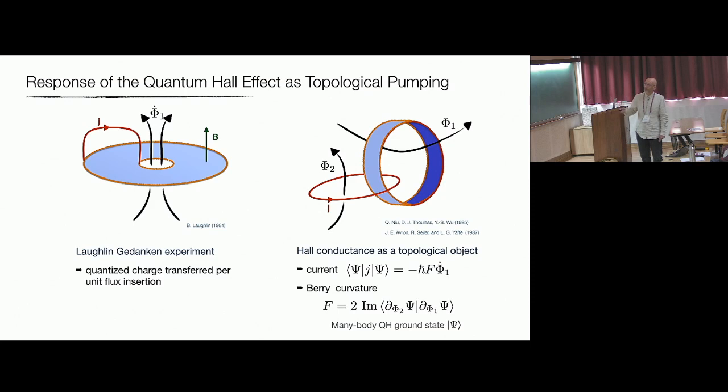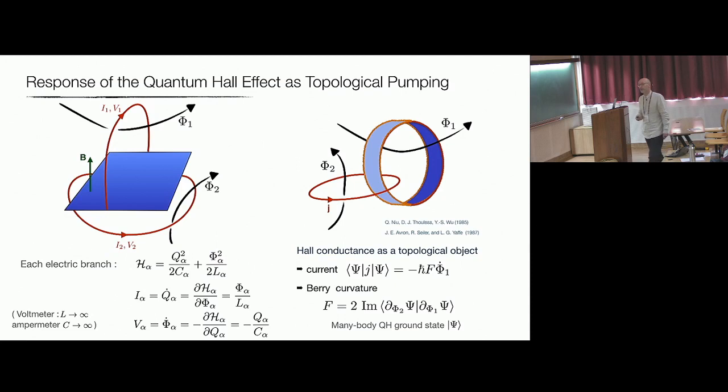This is the formula where I introduce the notion of Berry curvature of any vector parameterized by two objects. So that's a priori an abstract way to relate transport properties of the quantum Hall effect to a topological quantity, or here a geometrical quantity, which is going to be related to topological in a moment. But actually, I'm going to argue that this is exactly what we're doing when we're measuring transport properties of